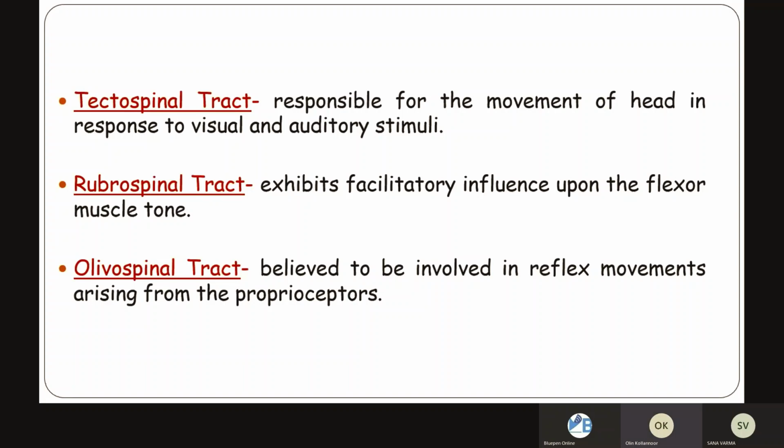So the information from the proprioceptors will reach the brain, and that information will be acted upon and carried out by the olivospinal tract. That helps in the reflex movement. That is, when we step on a particular thing, we reflexly lift or move our leg or limb away from that, and that movement